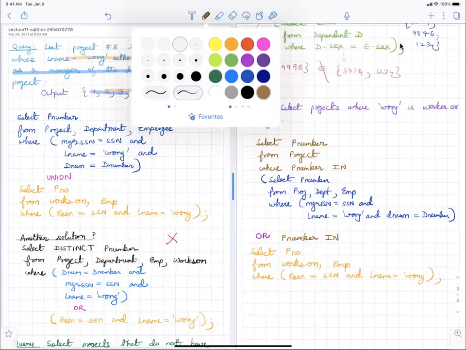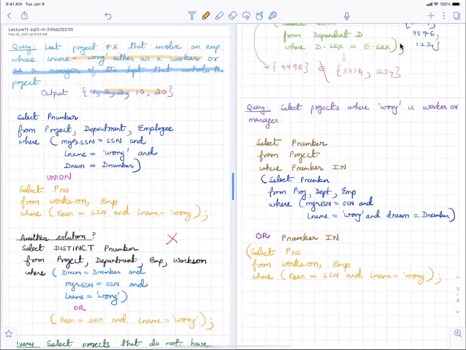Okay, so this is how you would do the same query that we did using union, if you were using IN.